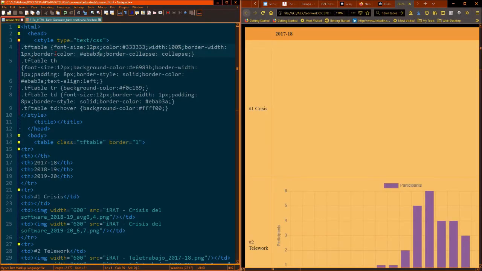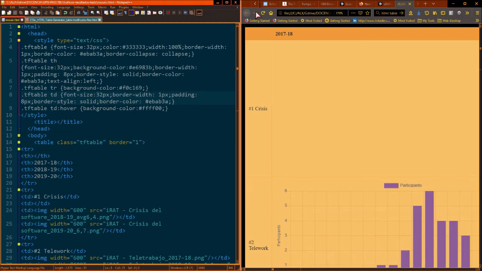I could also change the size of the letter to make it bigger by just modifying the style sheet here. So instead of, for instance, font size 12, I can put something like 32. This is a general font size for the table, and there is a font size for the table headers that I can also make 32. And for the table data, there is a size, but yes, I have to also make it bigger for the descriptions of the rows.